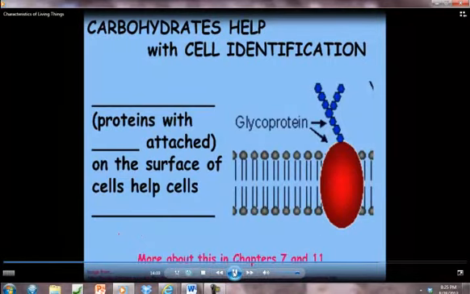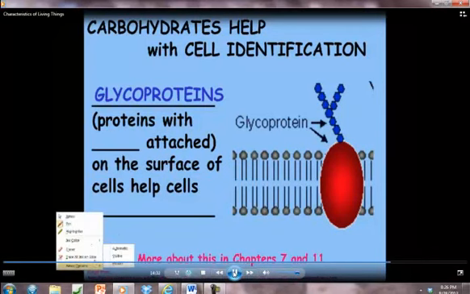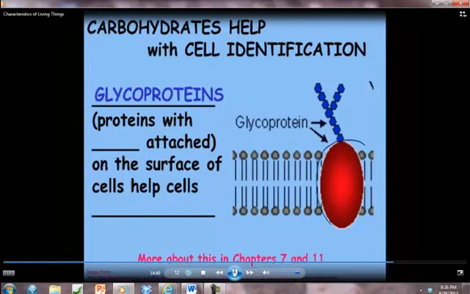Okay, other things that we use carbs for. One of the things we build with carbohydrates is this molecule. It's called a glycoprotein. Notice it's a combination molecule. Part glucose, glyco, part sugar, and part protein molecule. And it sits in cell membranes. One of its jobs is to sit in cell membranes, and it's on the surface of every cell that's in your body. If you look, the protein part anchors in the cell membrane here, and sitting on the surface, look